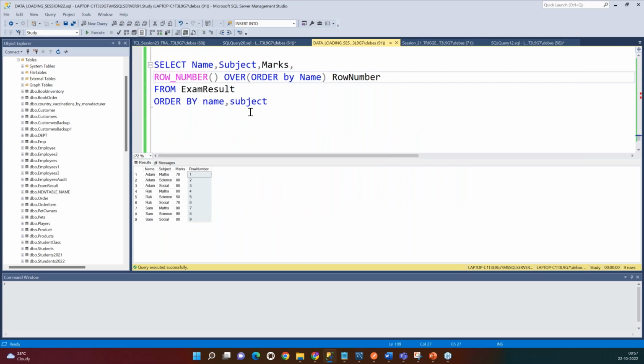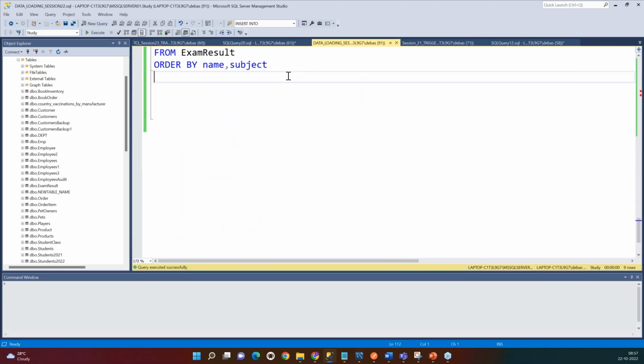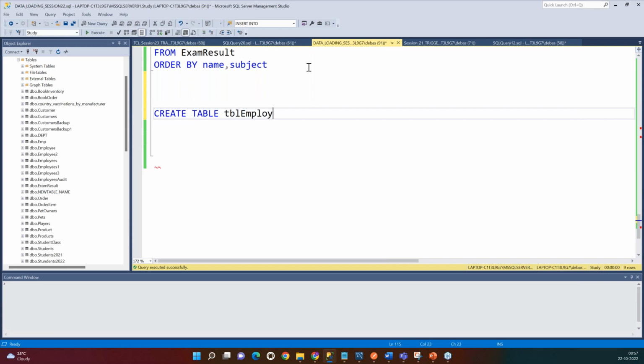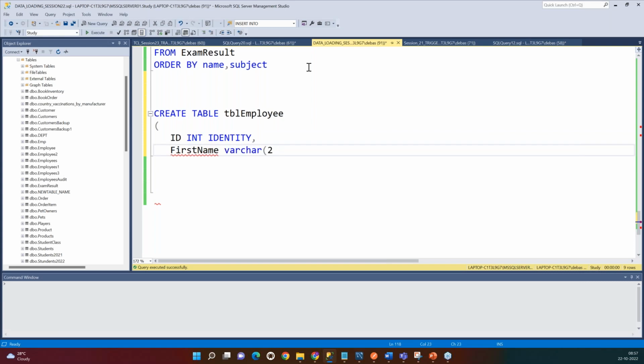Yeah, this is the query. Okay, let's see. We'll create a table. Create table TBL employee. I will have ID, INT, identity. I will have first name, varchar 200, and then I will have salary. It is a number, so I will say decimal